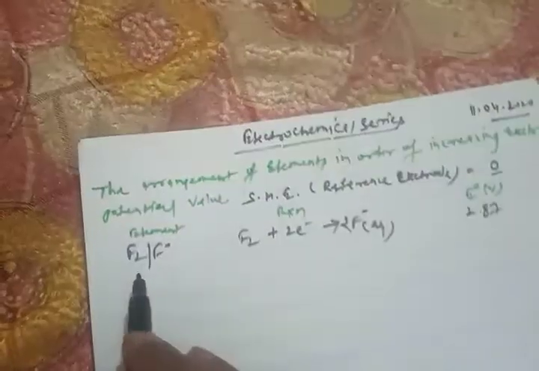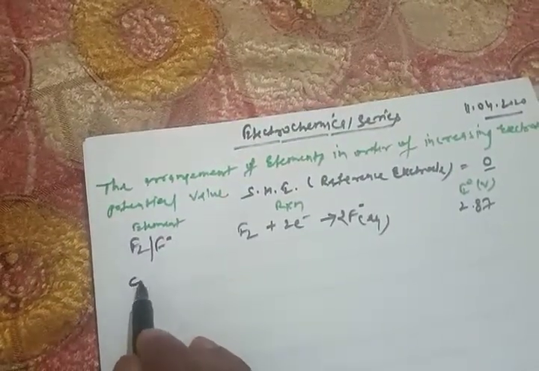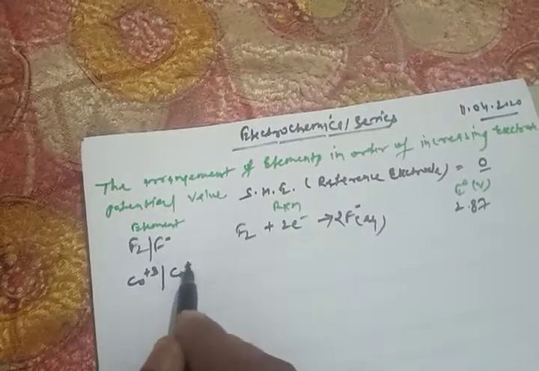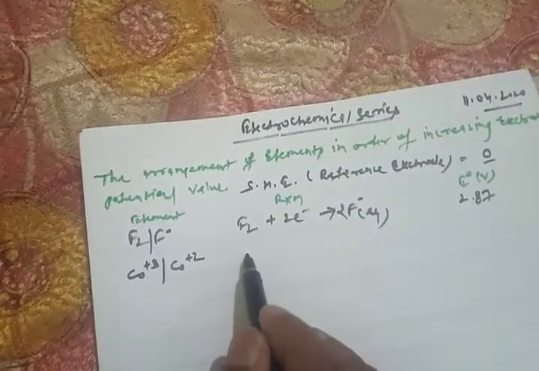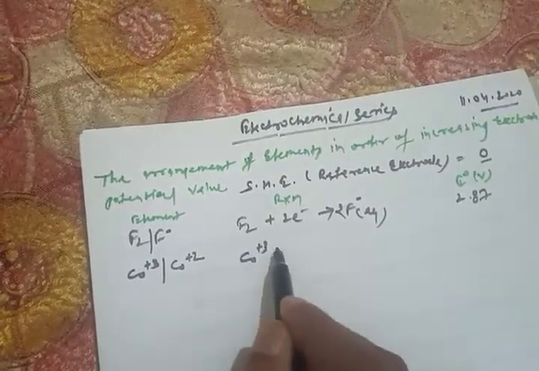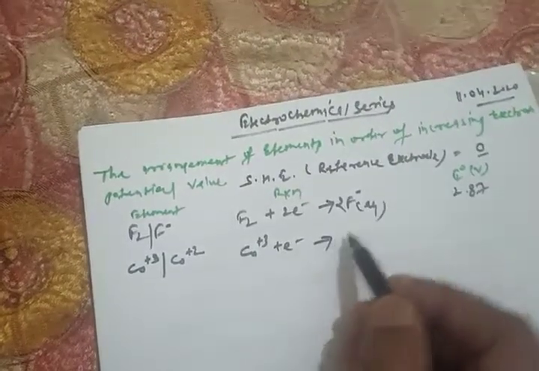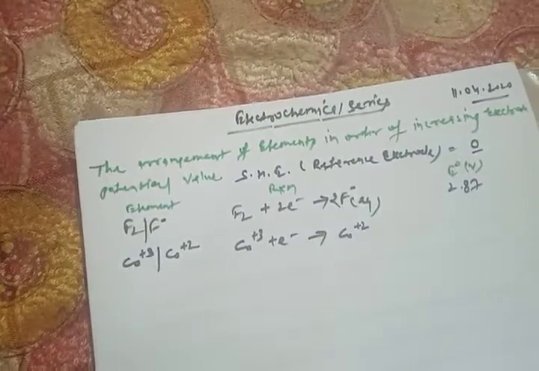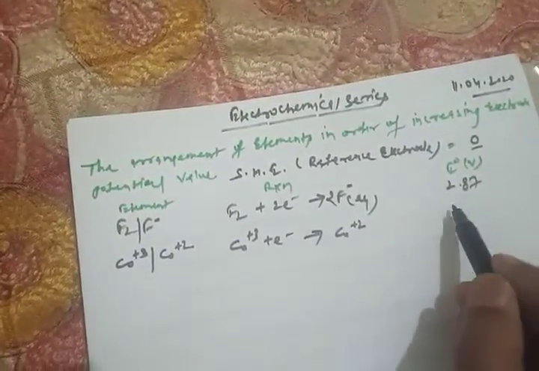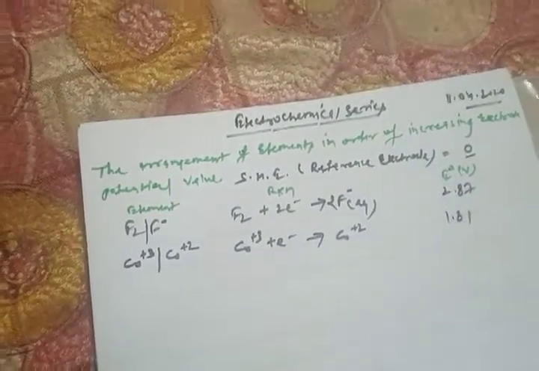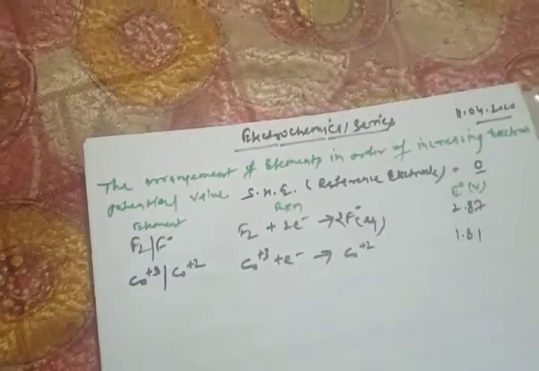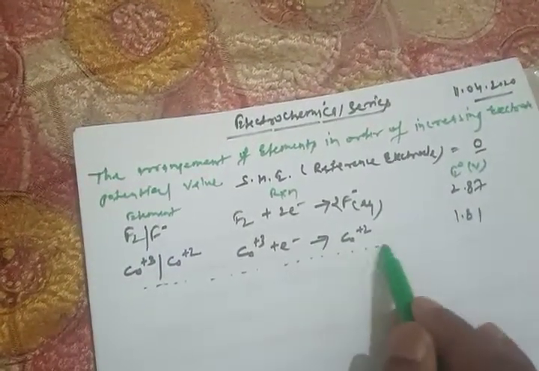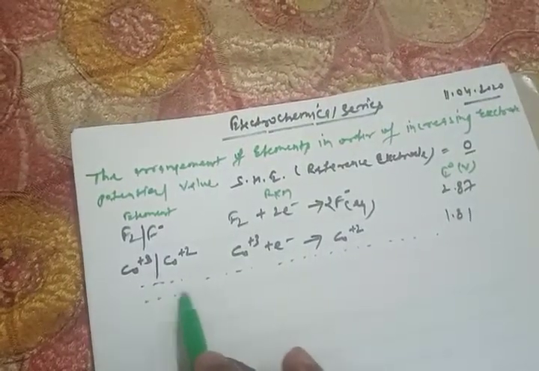Then the second one, cobalt plus 3 to cobalt plus 2. The equation is cobalt plus 3 getting 1 electron, reduced to Co plus 2. So it has the value 1.81. And as this series is continuous, we have n number of elements,